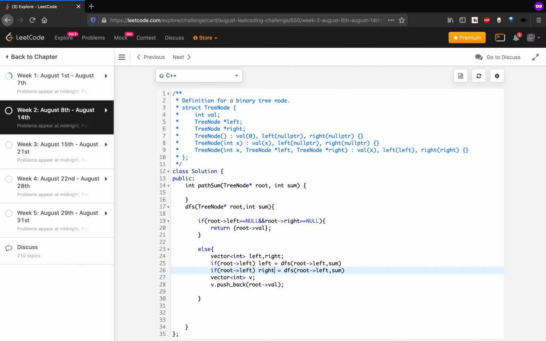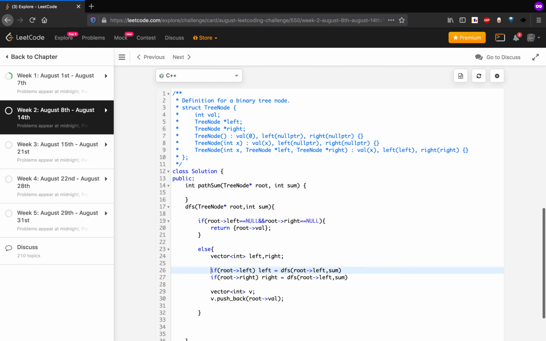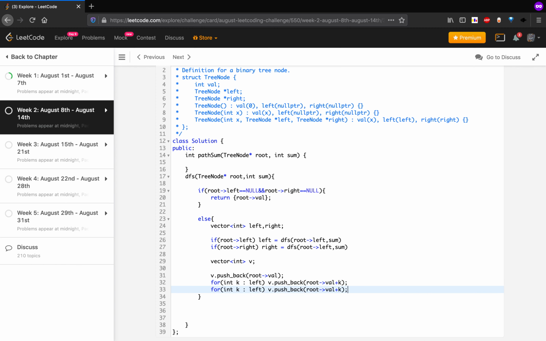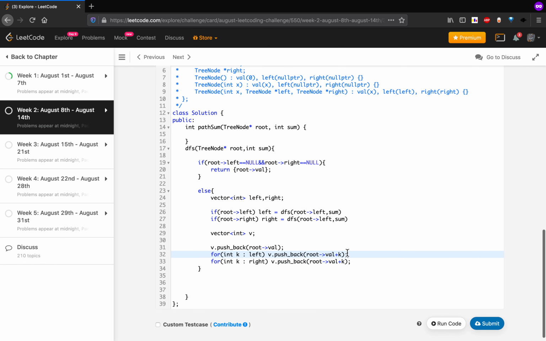So we will get two vectors, left and right. Now for each value k, we put its parent node and push back root val plus k on the left. Similarly for the right one too, we push back root val plus k.